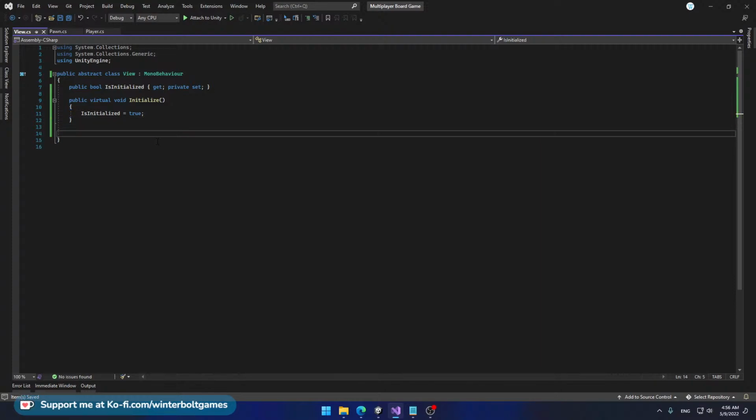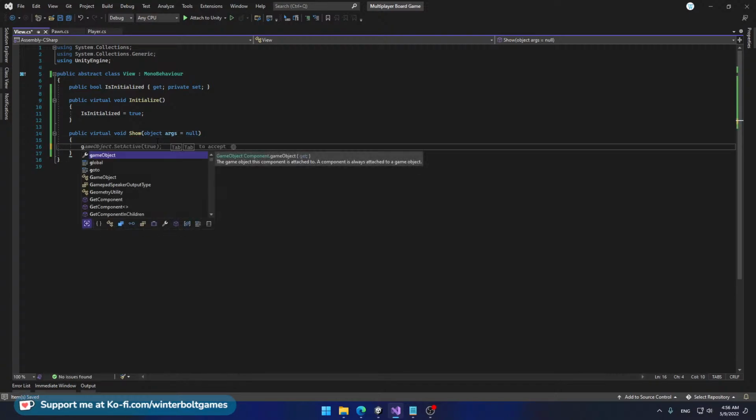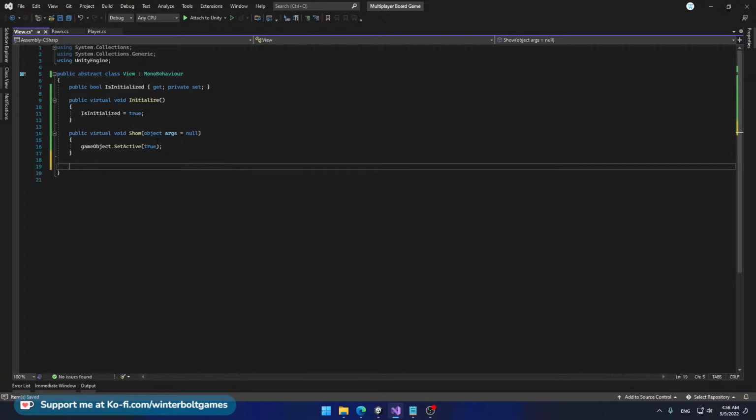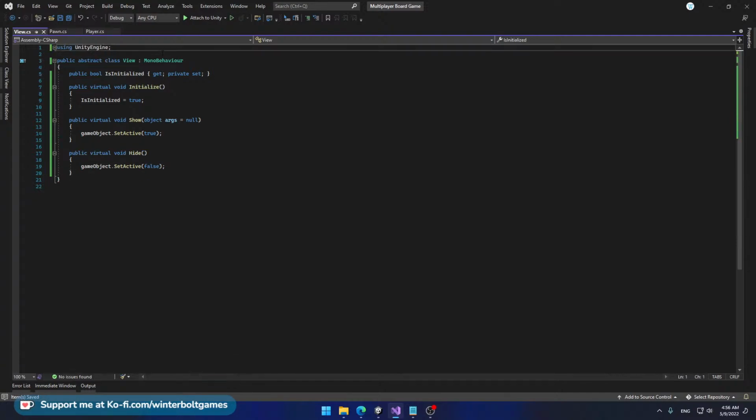Okay, so we're now going to add a public virtual void Show, and we're going to give it a parameter of type object, and call it args. I'm going to give it a default value of null, and inside here I'm going to say GameObject.SetActive(true). I'm going to add another method, public virtual void Hide, and I'm going to disable the game object inside of it. I'm going to remove all the unnecessary code, go in Unity,